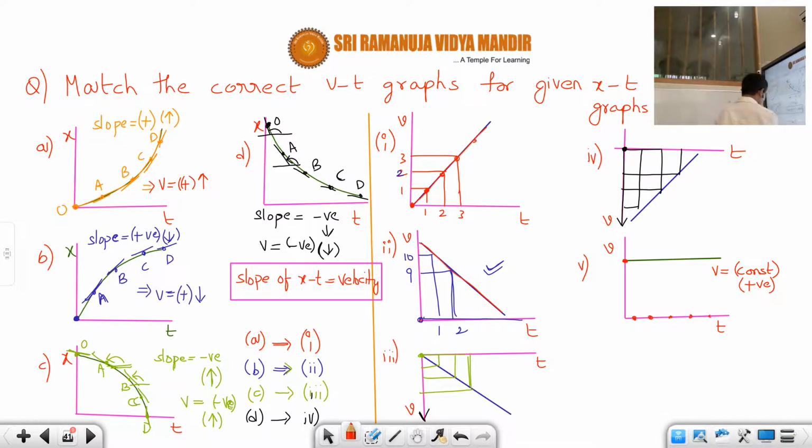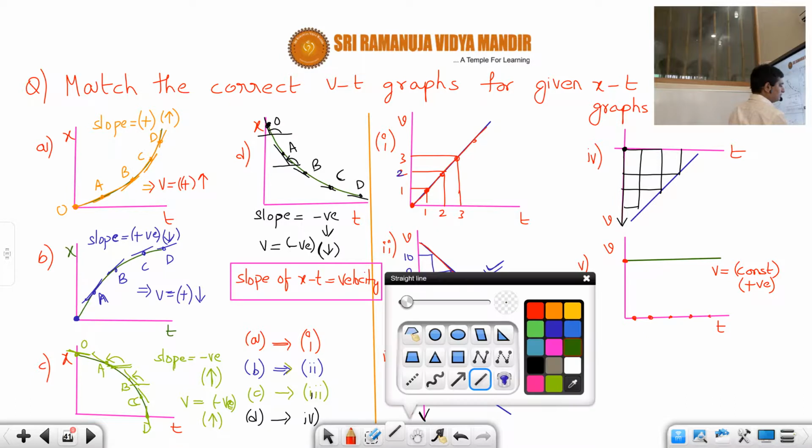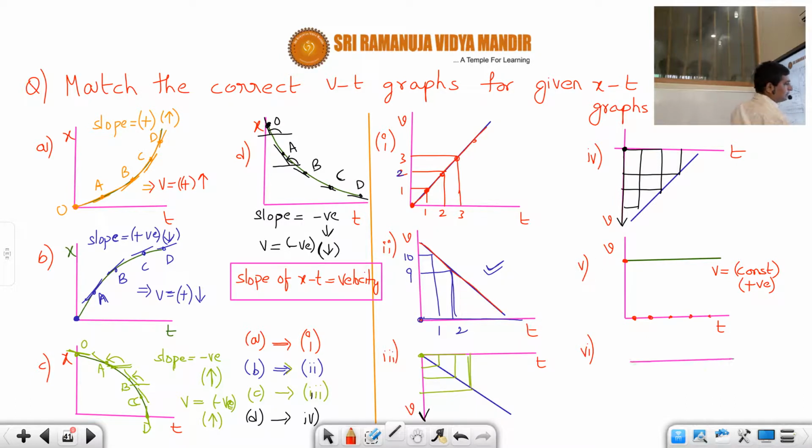I hope, students, you are clear. So that means here as time increases, the velocity remains constant. That means uniform motion. Whereas these four cases, A, B, C, D, just now we discussed, those are all called non-uniform motions. For uniform motion, this will be the VT graph. On the other hand, we can also have the same VT graph drawn as like this, where it is negative, this is V, this is T.